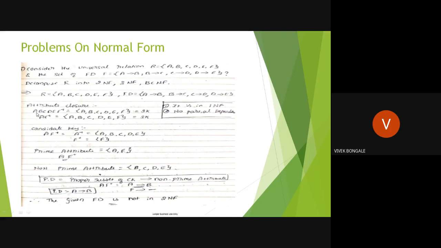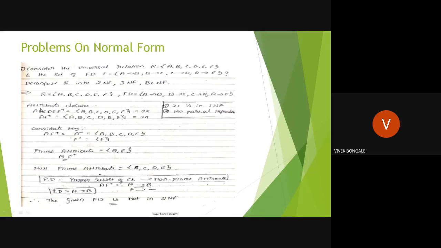So here A, B, C, D, E, F. This is the first closure. You just take whatever functional dependencies they have given, and try to find the attribute closure of all these attributes. Obviously, with the help of the reflexive property, we'll get all values, so it is a super key. Next, we look at the functional dependencies. With the help of A, I can find B. So here I can discard B because I don't need it. With the help of A, I can find B.